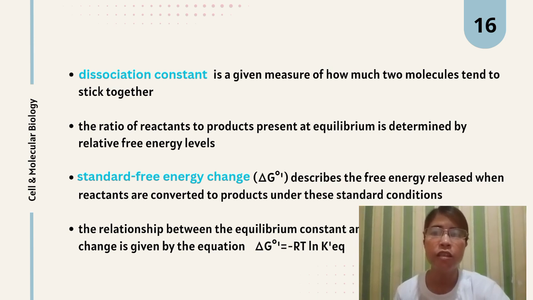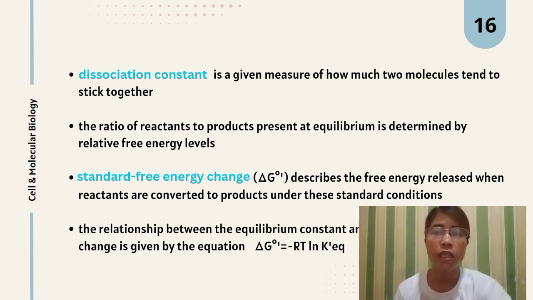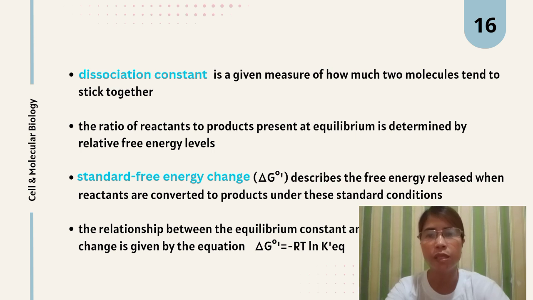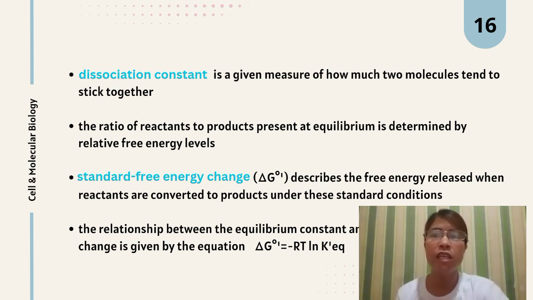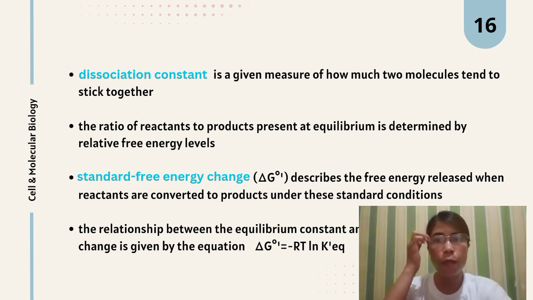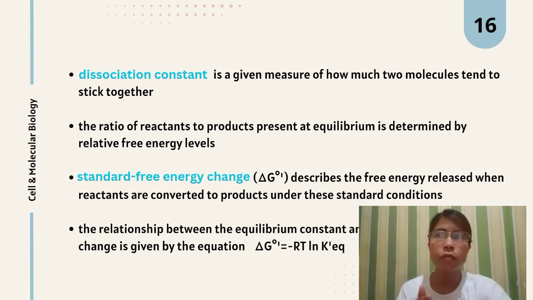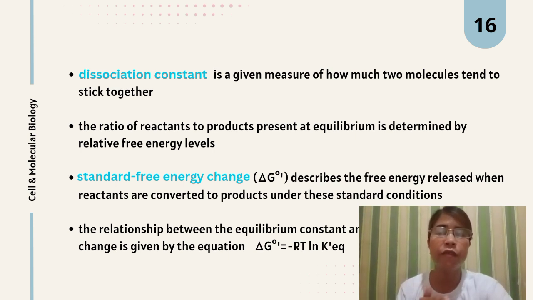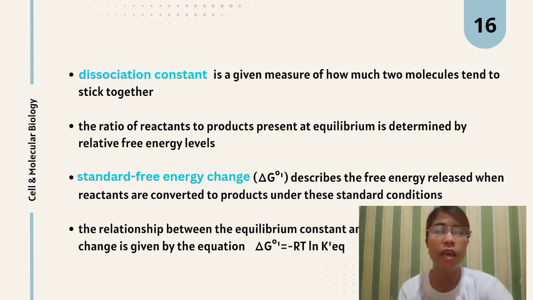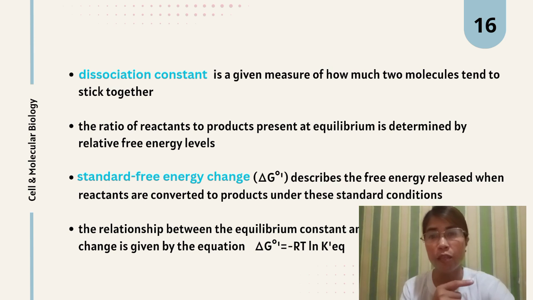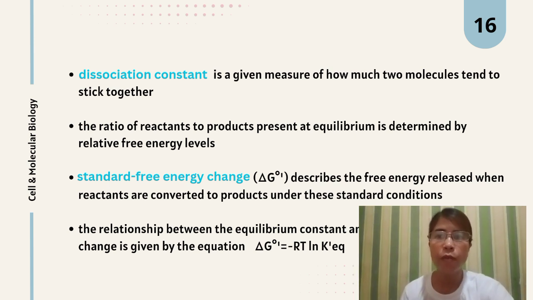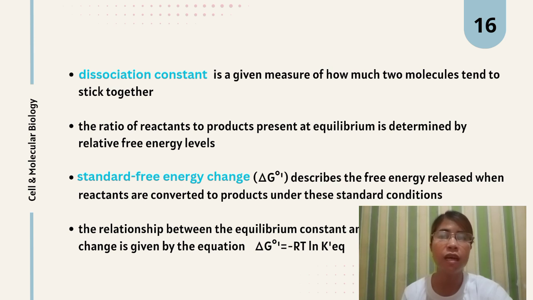So, standard free energy, this is delta G with a degree symbol on top, describes the free energy released when reactants are converted to products under standard conditions. So, the change in free energy and the standard free energy change are different. Earlier it was just delta G, while the standard free energy change is delta G with a degree symbol on top. So, the relationship between the equilibrium constant and standard free energy change is given by the equation